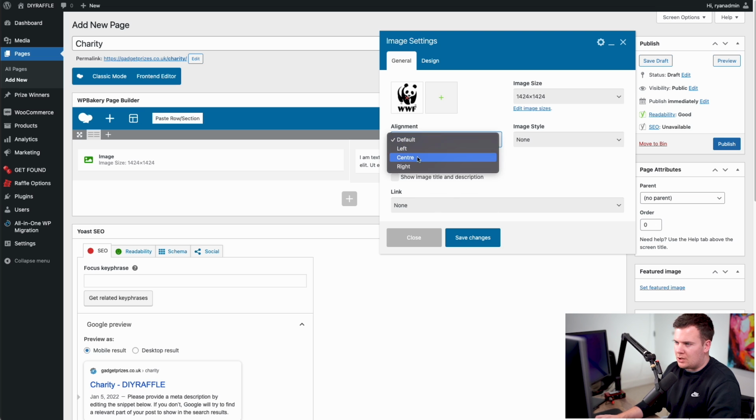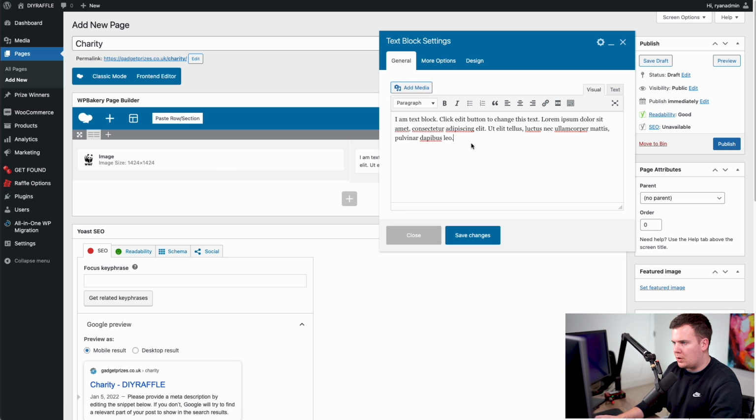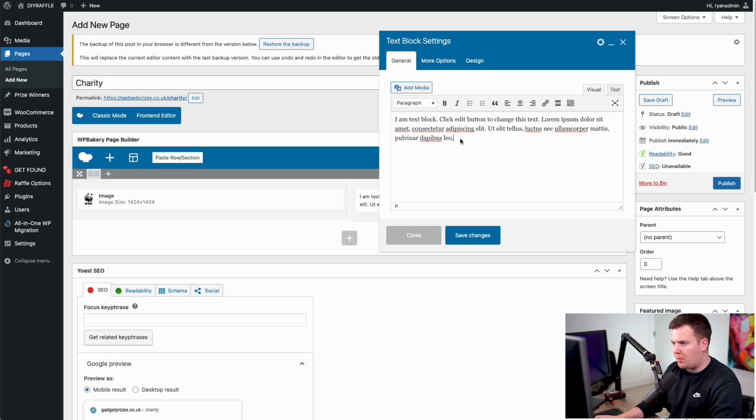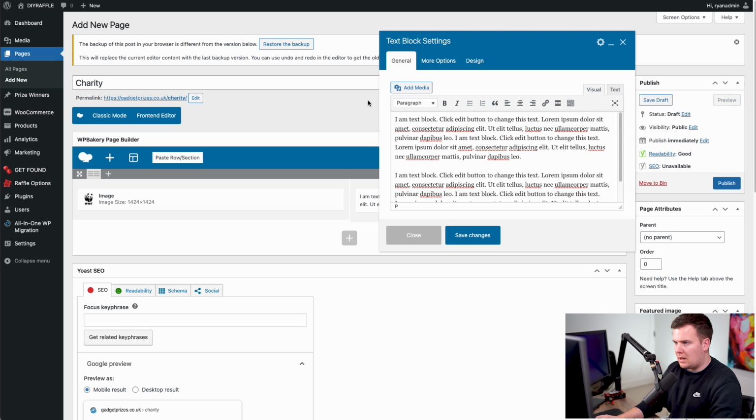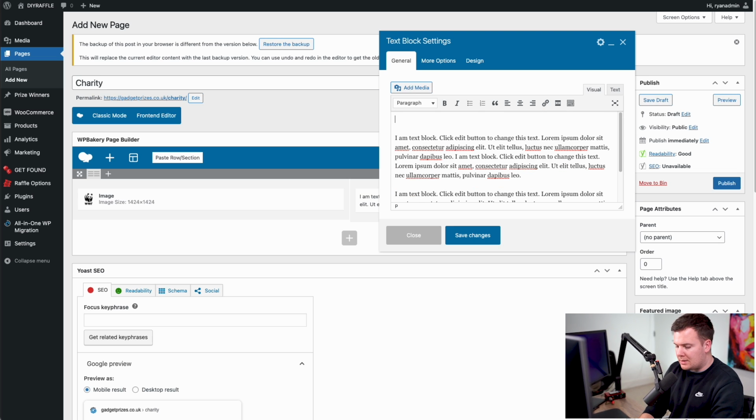So alignment, we can just go and click in the center if we want to do that. It should fill the whole space though. We'll save. And what we're going to do is actually say this is going to be our paragraphs. And this is just like editing a Word document. We're going to add 2 paragraphs and then maybe at the very top. So we want to put a title in. So say WWF